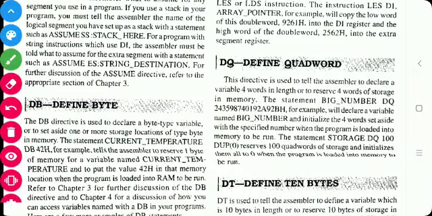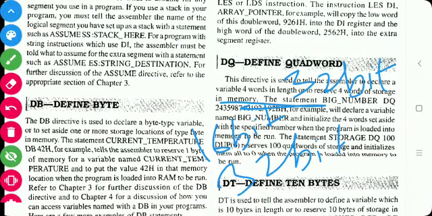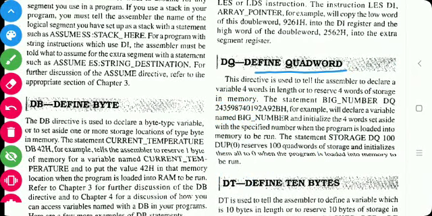Then DQ, define quad word. This is used to define 4 words. 4 words means 64 bits of storage in the memory location. It is used to reserve 64 bits of storage in the memory location.